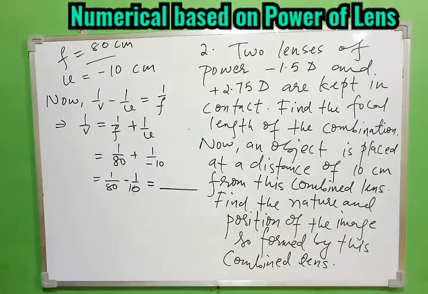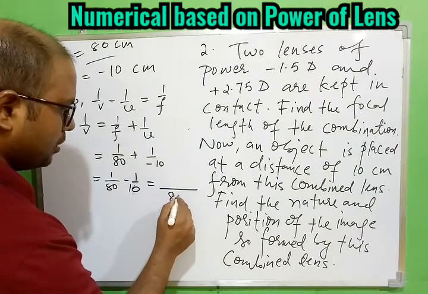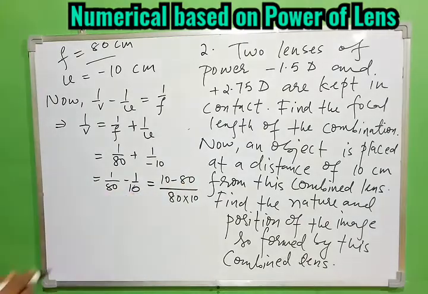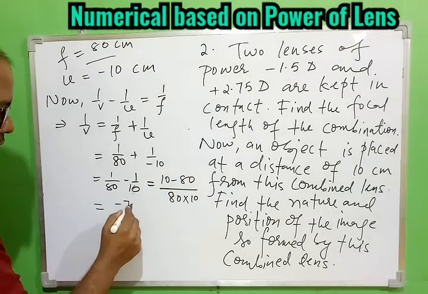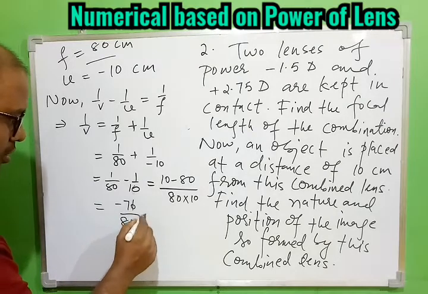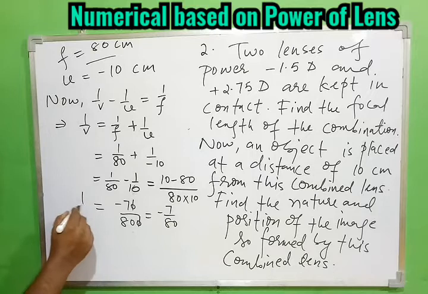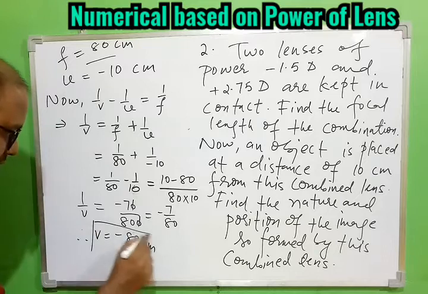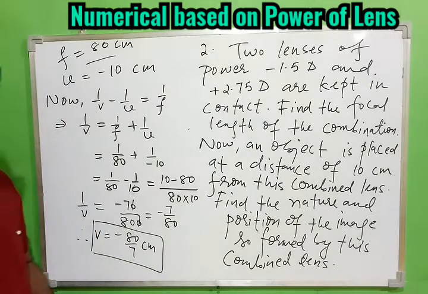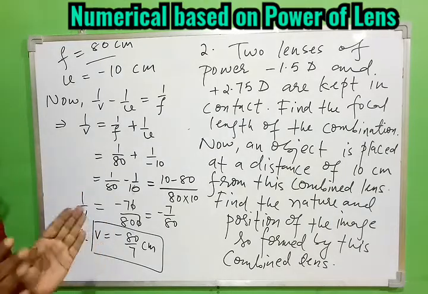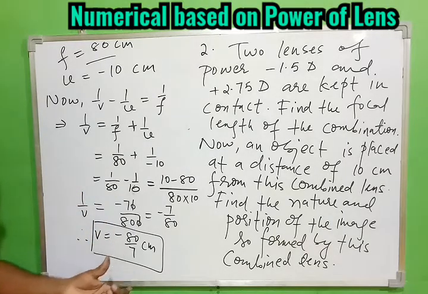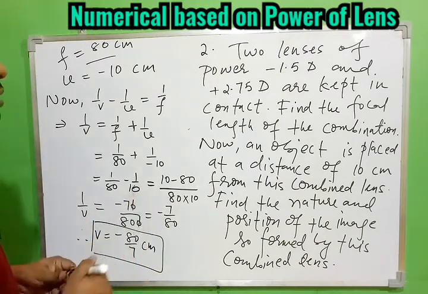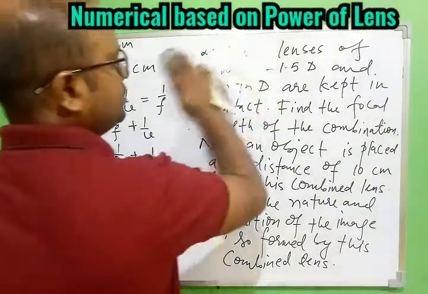Okay, don't be in hurry in the numerical, you can do mistake. So this will become 80 into 10 and this will become 10 minus 80 cross. Okay, this will become how much? 10 minus 80 is minus 70 by 800. So somehow it is minus 7 by 80, and this is 1 by v, therefore v will be how much? Minus 80 by 7 centimeter. You can solve, okay, divide and get the answer in decimal, and always in the examination try to give the answer in decimal also. So now we understood here finally the image will be formed, and this is coming negative, you know.